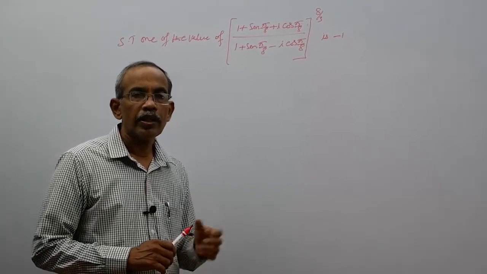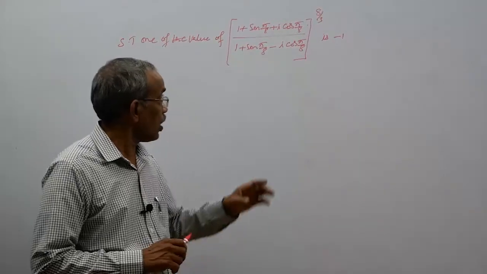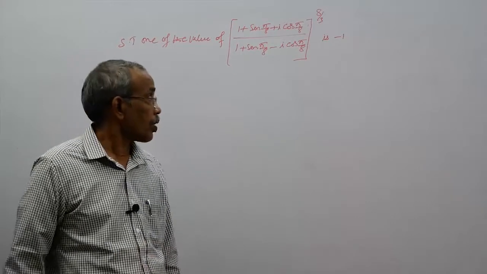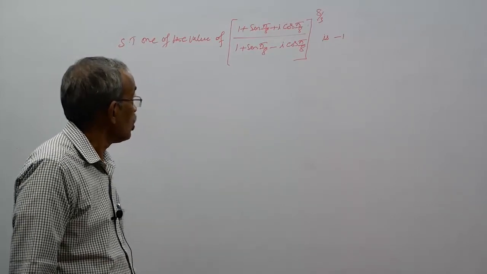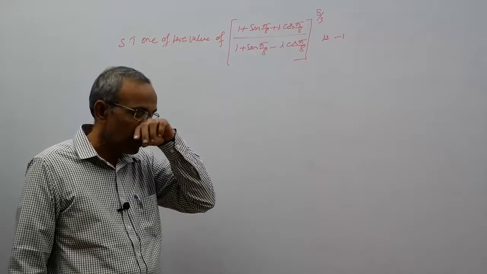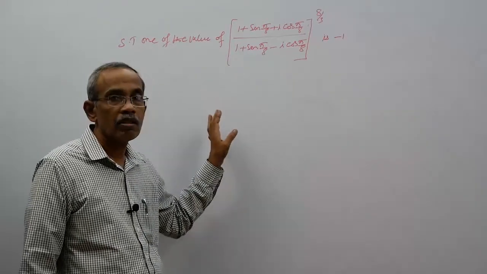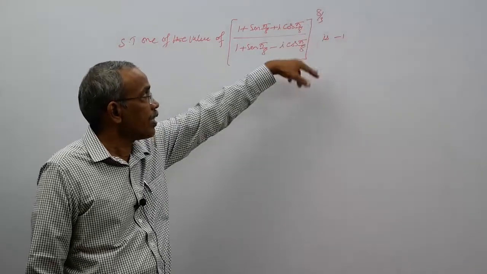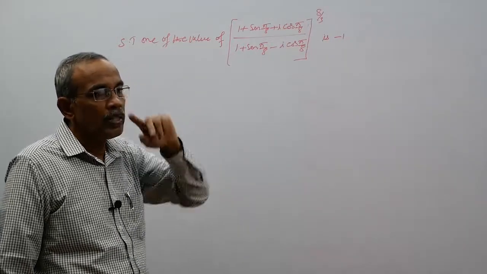Today we are going to do the problems on De Moivre's theorem. We know that there are two types of De Moivre's theorem. One is De Moivre's theorem for integral index, and another one is De Moivre's theorem for rational index. To apply De Moivre's theorem,